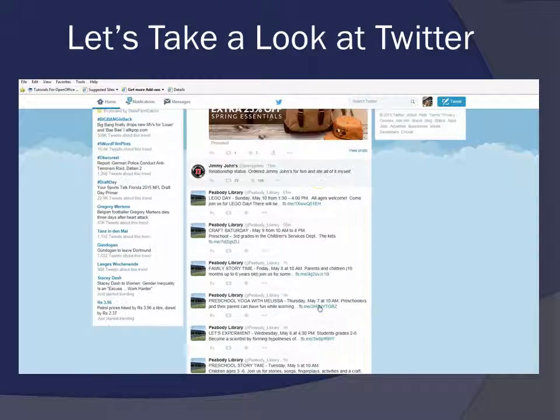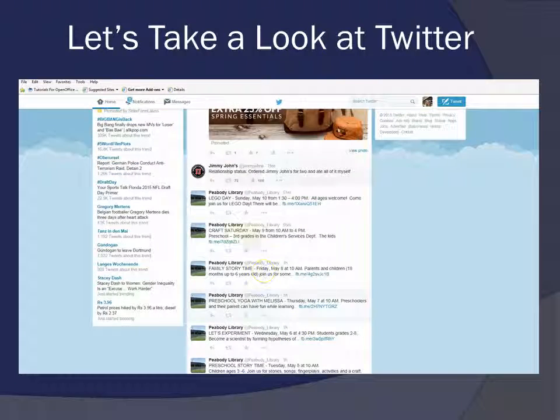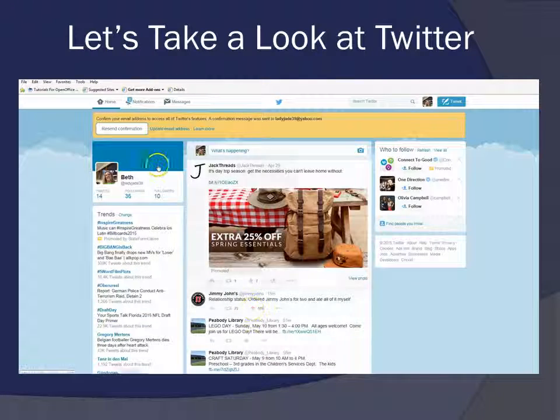Okay, and hopefully there's nothing that should not be on here, but you can see here that I'm going to resend that confirmation. Okay, so here we can see that these are all the links that I'm following.